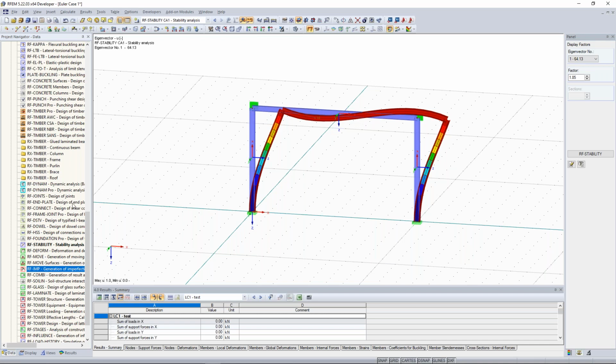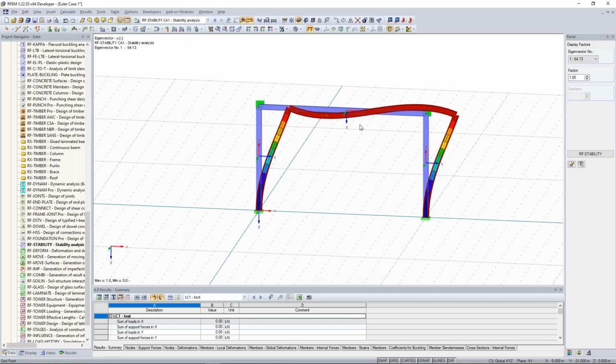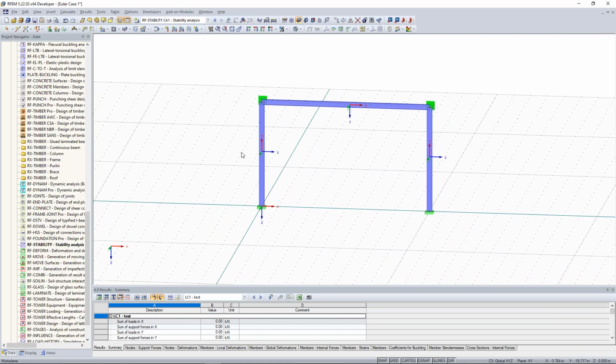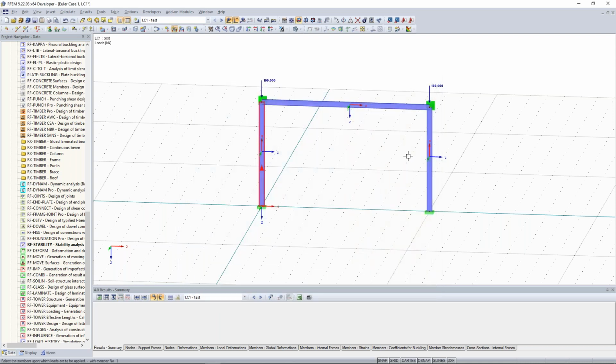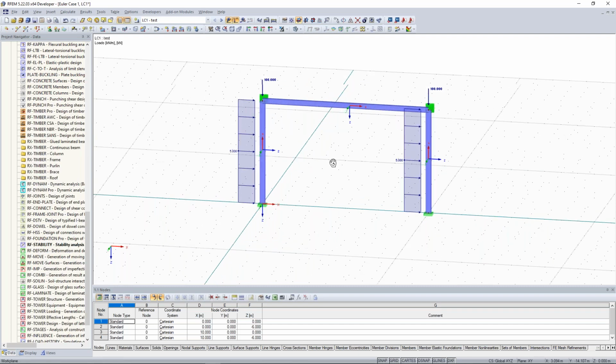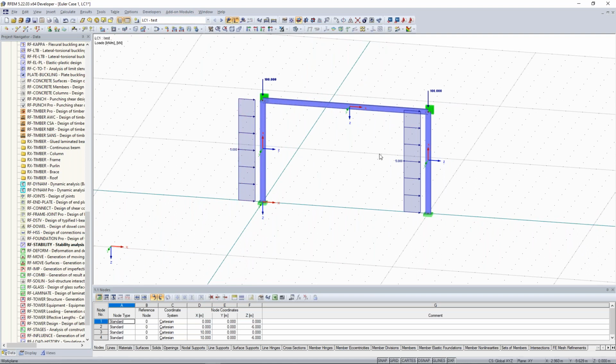Okay, we got the question with the wind loads. With the wind loads, there are different possibilities. First possibility, to make it very simple, you can add horizontal member loads. So just click here on new member load. Choose the right direction, and put here maybe a value of 5 kilonewton per meter, and then put here your line loads, your member loads. This is maybe a very easy wind load, but when you have a more complex 3D whole, something like that,